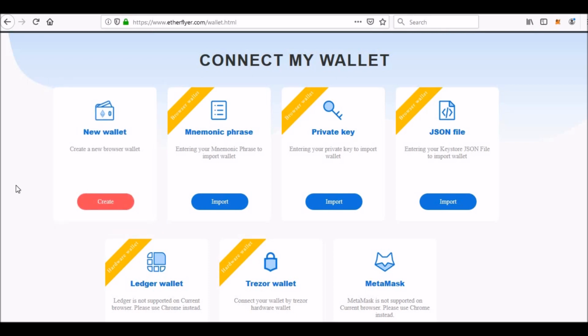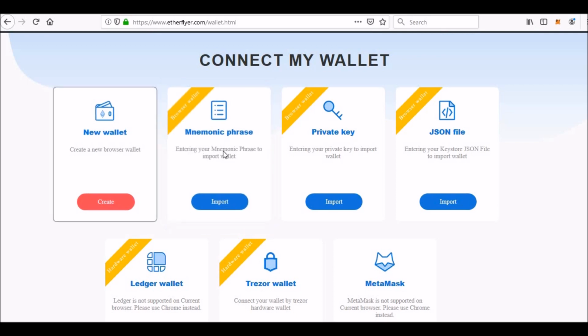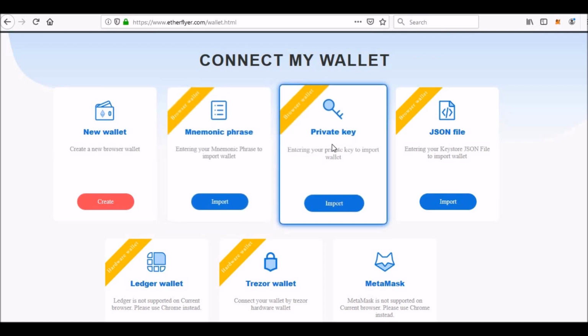Then you have to provide that new wallet address directly to AdsBrick, so when we send you the withdrawal, you can get it in your EtherDelta account. The second way is mnemonic phrases. The third is private keys.